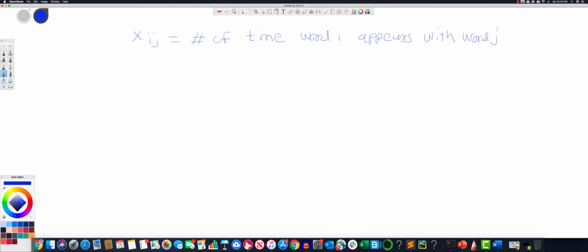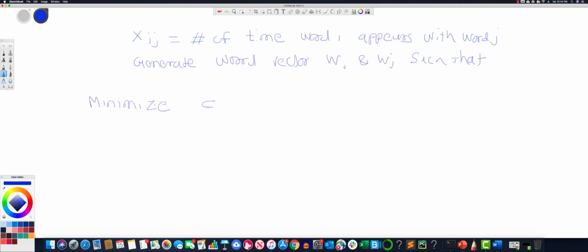Okay, so the overall objective of GloVe embedding is to generate word vectors wi and wj such that we minimize the loss,